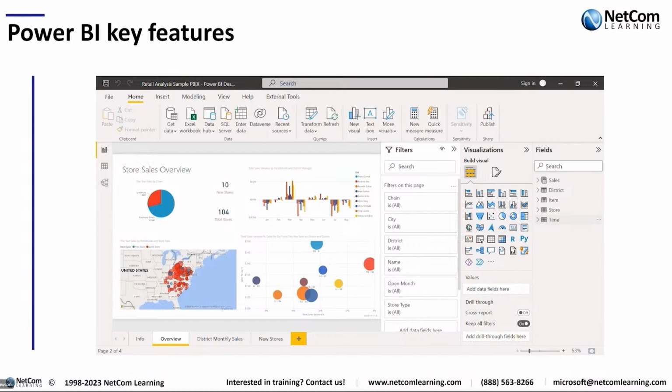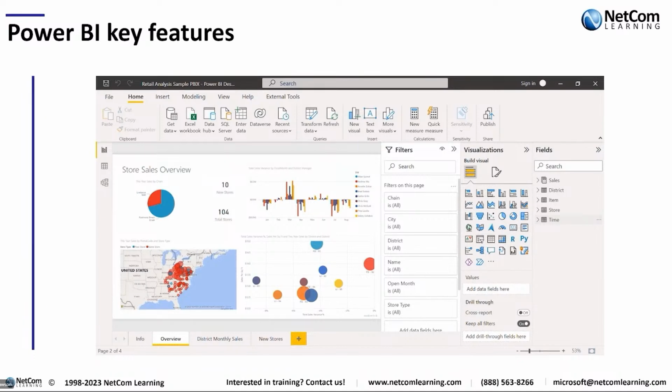So as I mentioned, Power BI Desktop is our primary tool here that we're going to create all of our visualizations. It's where we're going to publish the reports from. It has all of the different types of visualizations that you can see, all of which are drag and drop. You basically have a canvas and you're just going to draw on it.